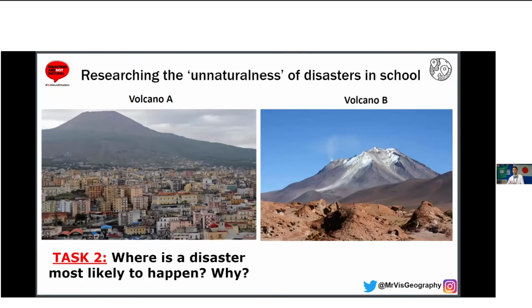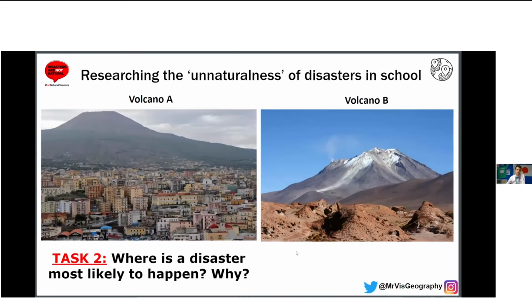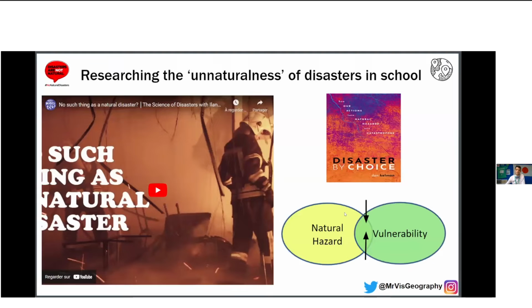And we look at the implication of Naples next to Mount Vesuvius, etc. And we discussed, okay, well, why A? What's the risk? Why is this likely to lead to disaster and not B? Because in essence, it's the same hazard, the same potential risk. And that's when I introduced them to the concept of no natural hazards and saying, well, actually, there's a natural hazard, there's vulnerability, and when those overlap, we can end up with a